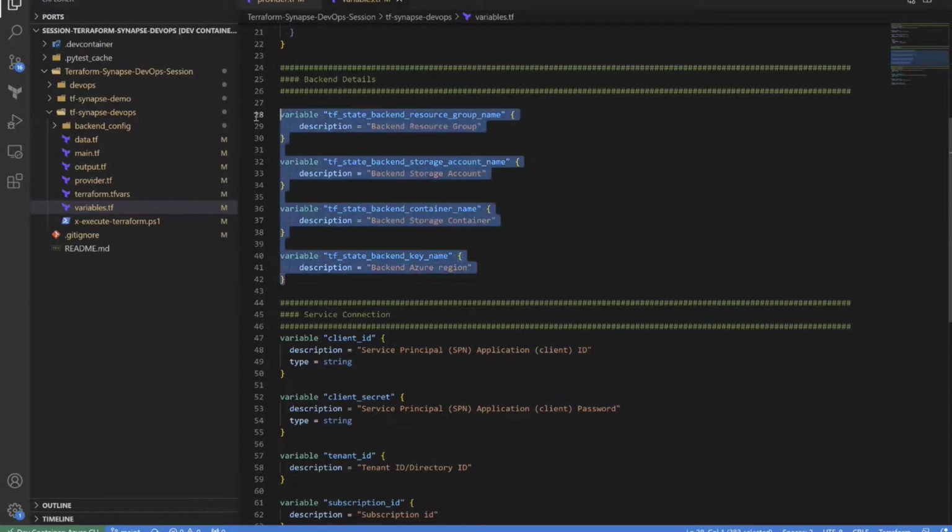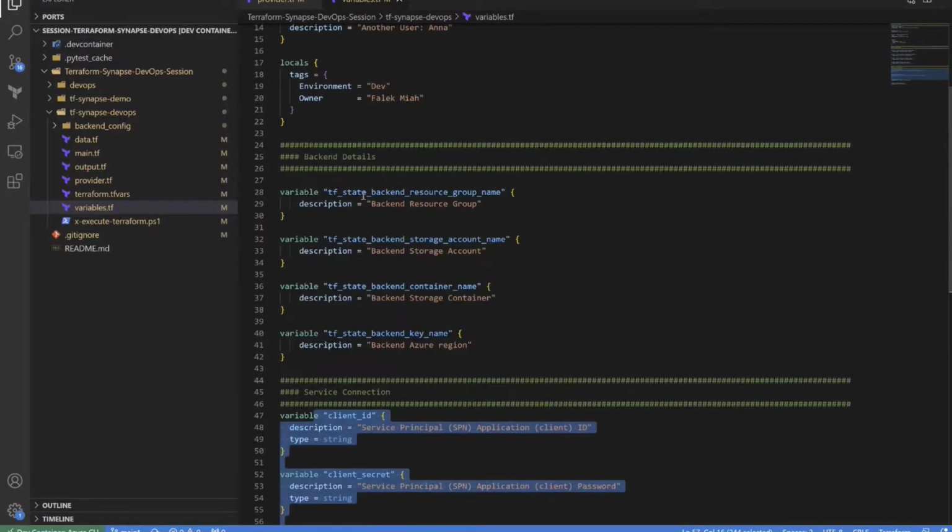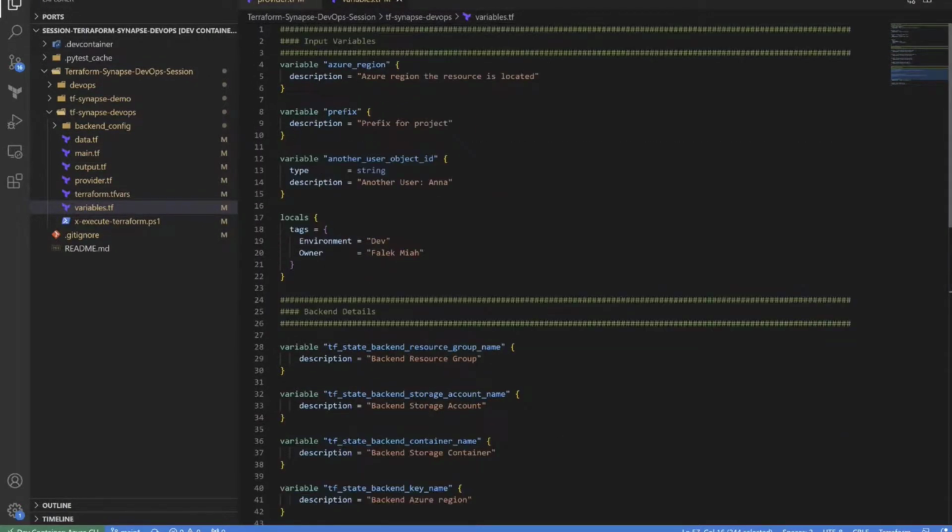So now I've got some new variables. Okay, so my service connection and my backend. And also at the top, what I've now decided to do is I've decided to remove those defaults. I don't want those defaults because I want to be able to reuse this project. And I want to be able to have multiple variables